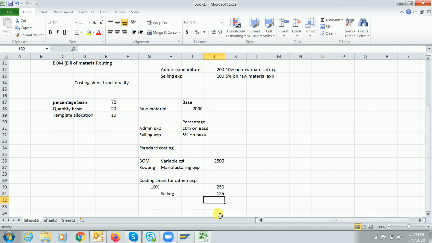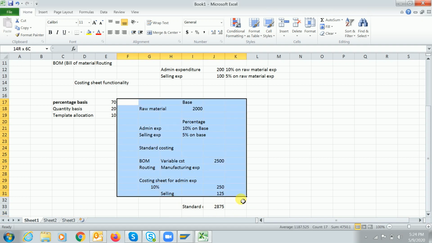Then once we are done with all this calculation, the system will add all these things. 2500 plus 250 and 125, 375, and total 2875 would be the standard cost it will release. Now this is a draft version, guys. So let's implement the same thing here in SAP as well.